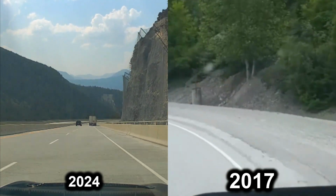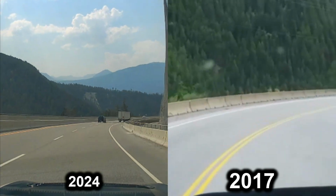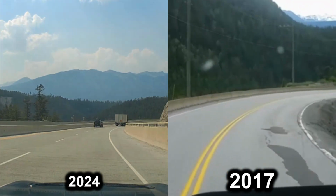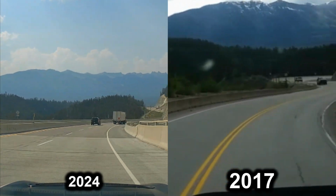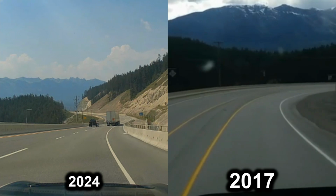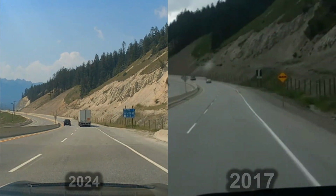What do you think? Like I said, they've added a lot of netting for where they've done the extreme cuts and things, which makes a lot of sense because you're going to have a lot of loose rock for a while. So that's it. It's 100%